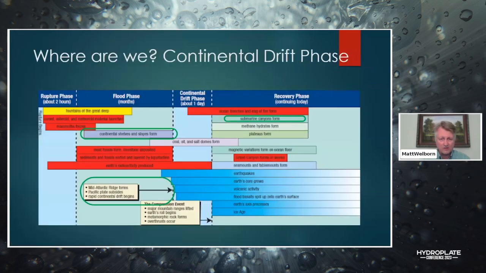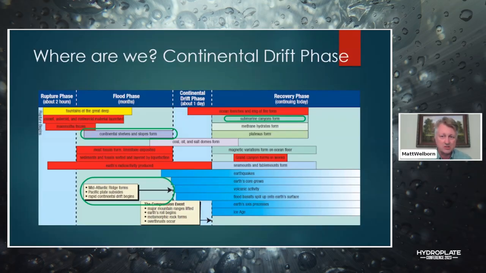Before I start, one of the things that helps me, I listened to the earlier talks and the introductory talk last night, and one of the things I thought would be helpful is kind of like when I go to the mall and you look at the map and it says, "You are here." So this is a picture that I took out of the hydroplate theory book in the beginning, and I wanted to highlight some of the different topics in that picture of what happened during the flood, to show not only the parts that are related to the oceans that we'll hear about in this talk, but also how deeply they're related with some of the other portions of material that we're going to talk about.